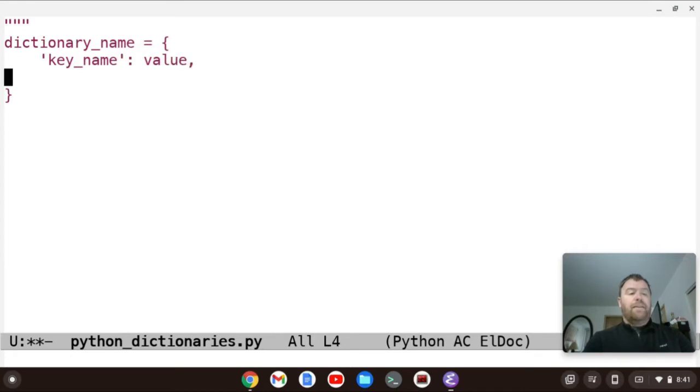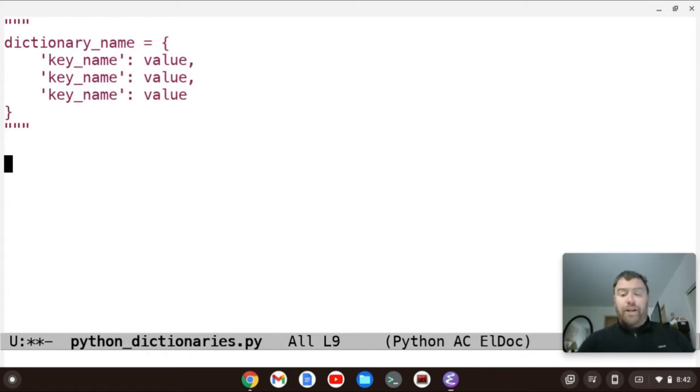Again, we'll indent, some key name, a colon, a value. Again, we'll indent, key name, for however many key names we have. All right, so that's going to be our basic structure for our dictionary.